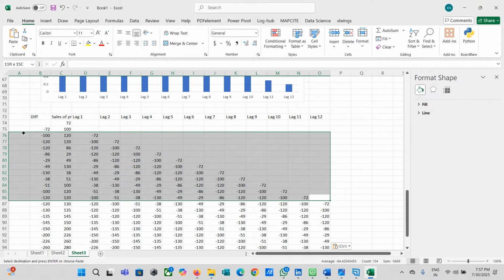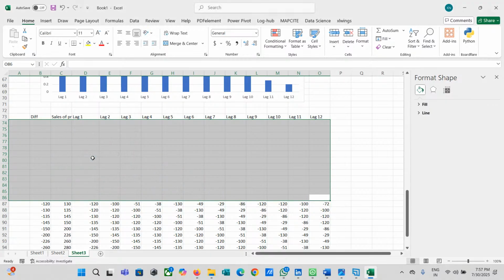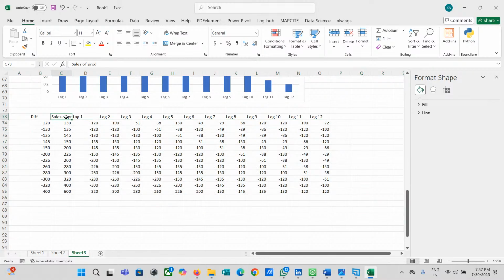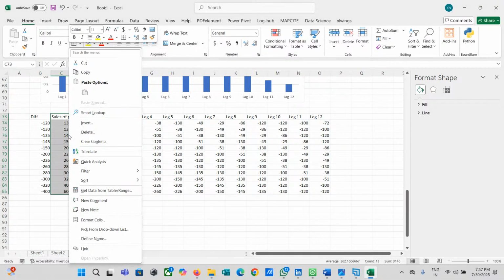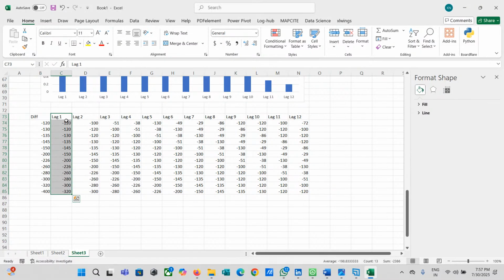For that, I'm going to remove this much part. I'm going to remove this also. Now I'm going to build my autocorrelation.